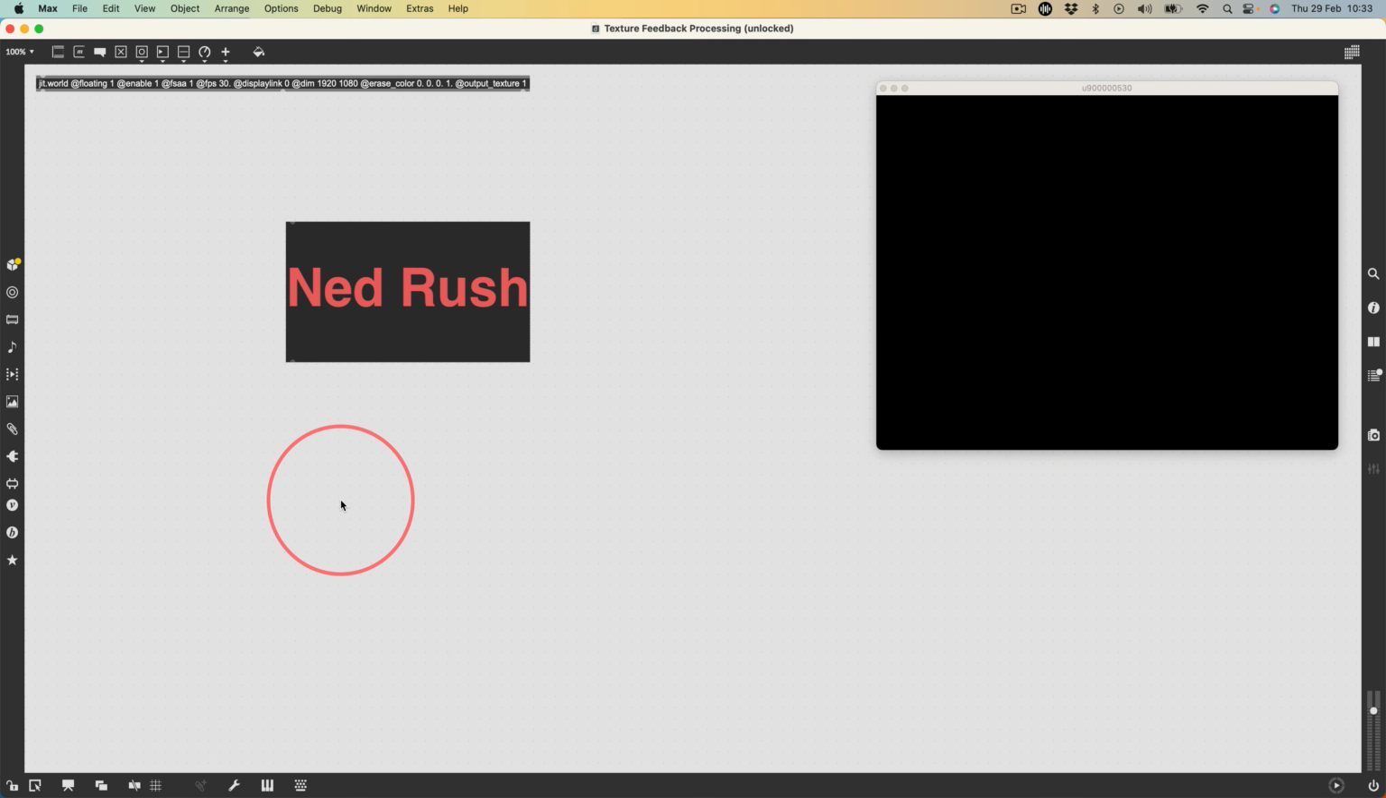What is this video about? Well, I'm going to explore some texture feedback processing in Max using some jit.gl.pix gen programming stuff to create a sort of custom shader to apply distortion to a feedback of a